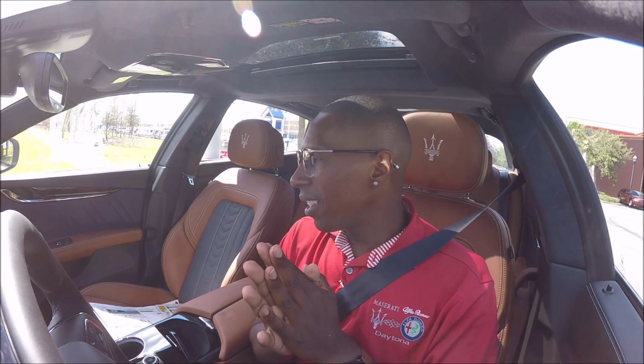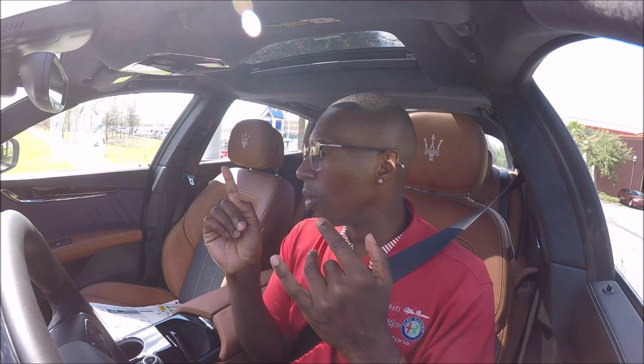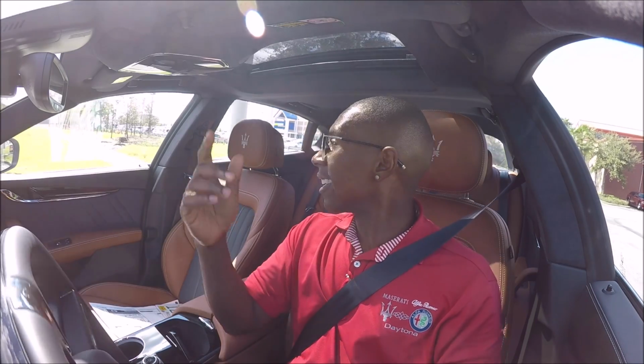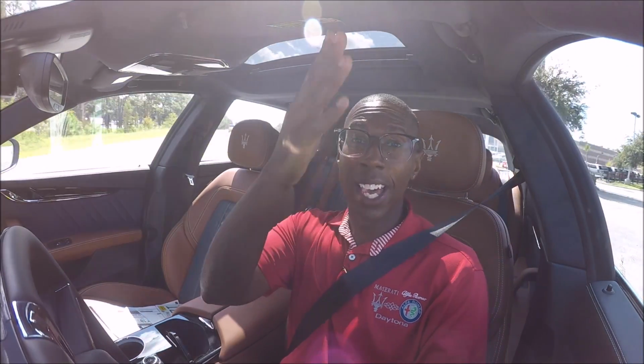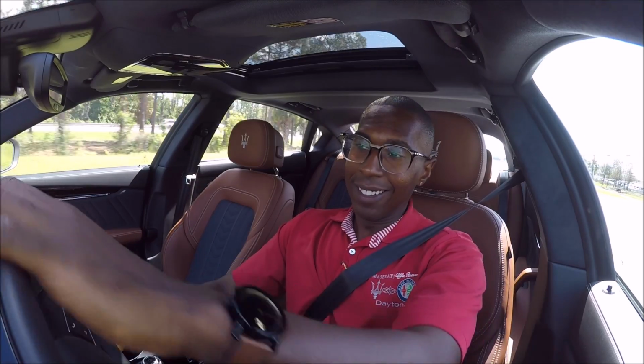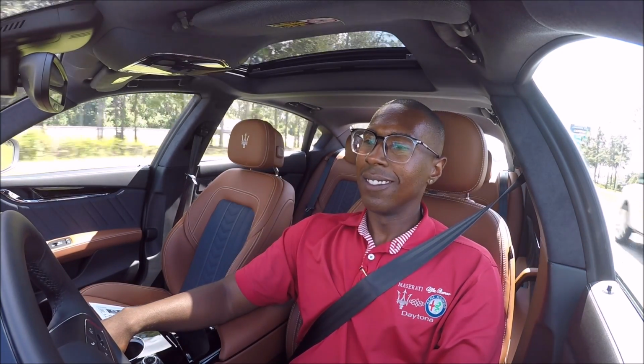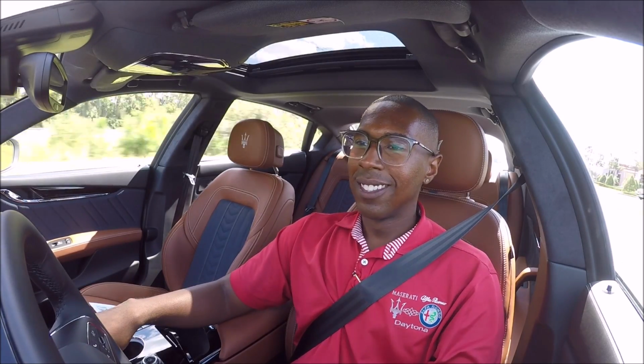I mean, this thing is beautiful. Like I said, black piano wood, Cuyo leather, brown leather, Gildo silk. You do have chrome in here. You do have aluminum. Like I said, it's supposed to be luxury. Alcantara, we can't forget the Alcantara. I don't know how fast I was going there, but